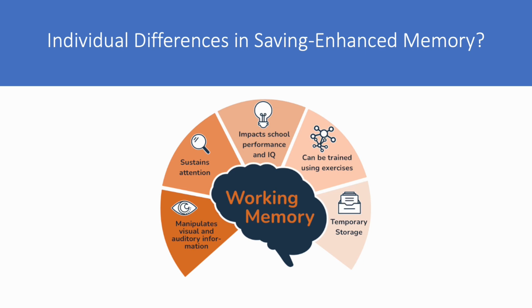But there's also an equally plausible hypothesis that individuals with a higher working memory capacity will experience greater benefits of cognitive offloading. So maybe if I have a fairly advanced capacity for holding information in mind and manipulating or using that information, I'm going to be better on each of those trials in that experiment,